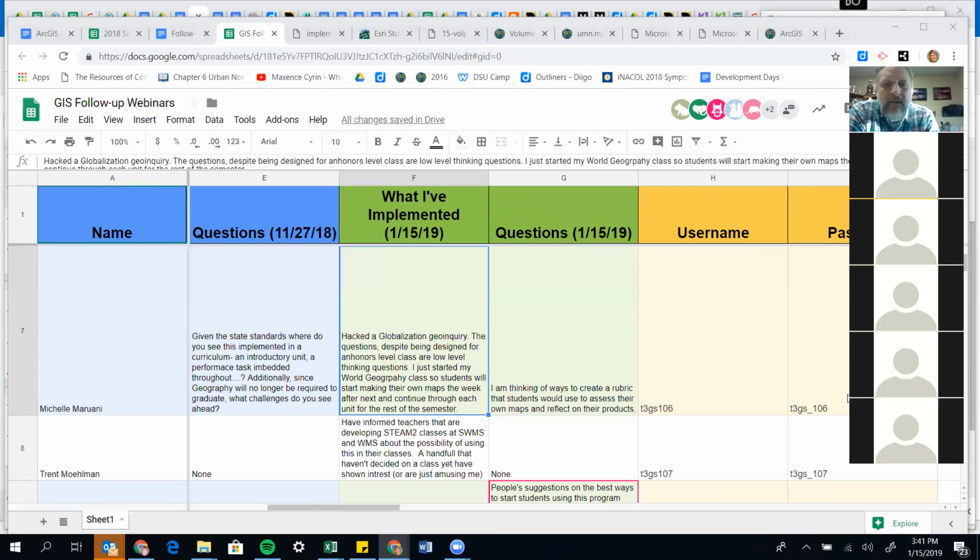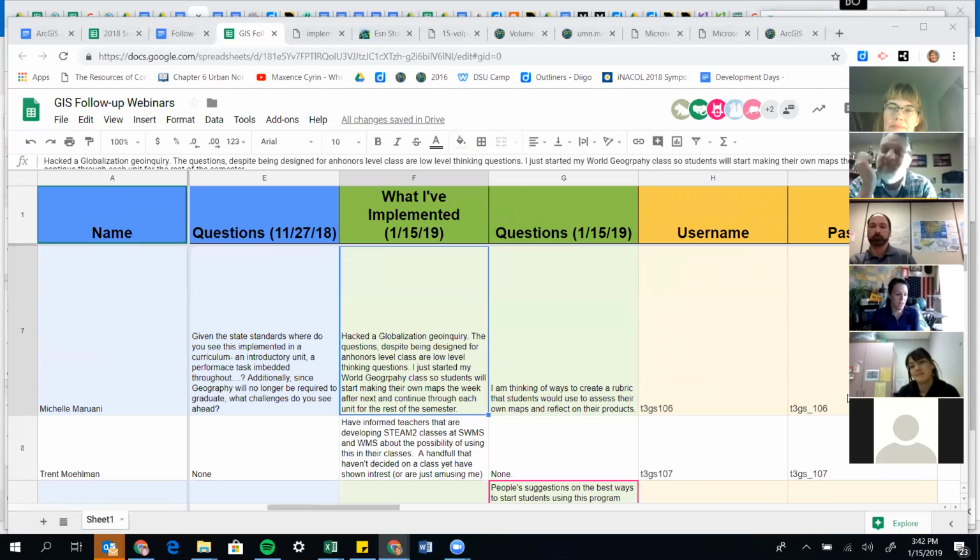A question, for instance, is there a relationship between internet usage and transportation networks on this particular geo inquiry? And do you want to know what a high school student would say? Yes. And what can I do? So I've gone in and modified the questions to higher level thinking questions, because you can't blame them for trying, right?